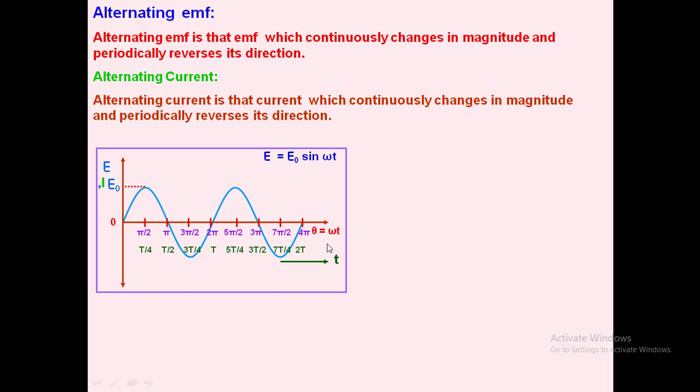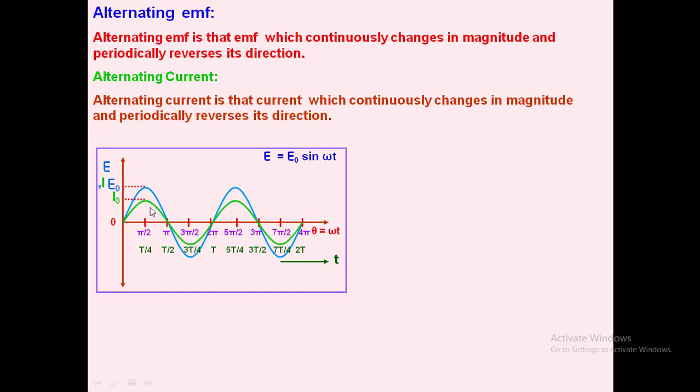Now here if you see omega t, if I take the value of omega t as 0, sine 0 means 0. So EMF will become 0. Now if I take the angle as pi by 2, sine pi by 2 is 1. So E equals E naught, the maximum EMF. Now if you take omega t as pi, again sine pi becomes 0. So EMF falls to 0. Now when you take 3 pi by 2, it is minus 1. So it is minus E naught, which is represented on the opposite side. Again for 2 pi, the value becomes 0, so the EMF becomes 0. This continues periodically for every 2 pi.